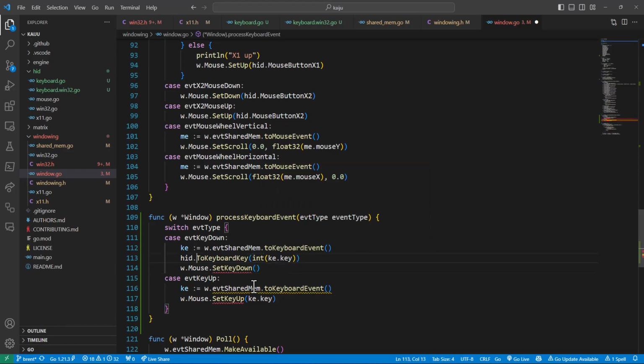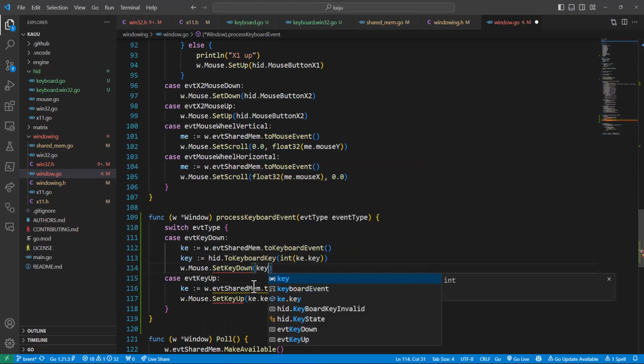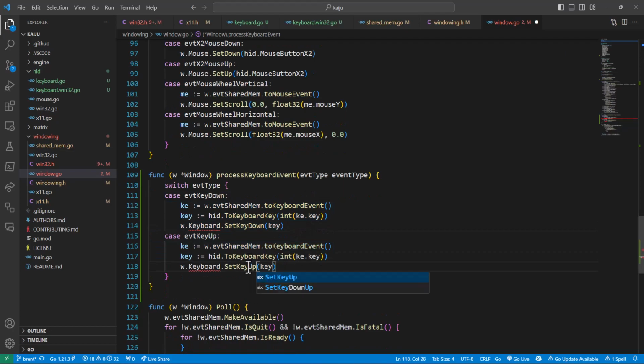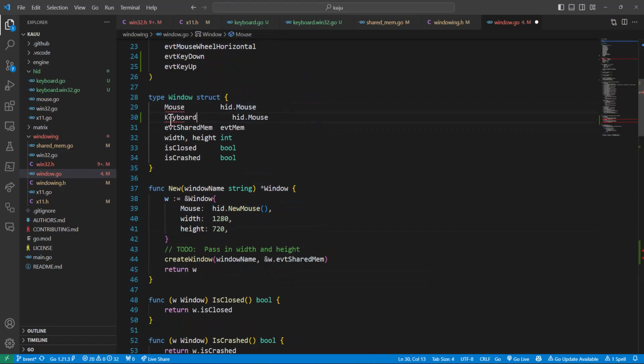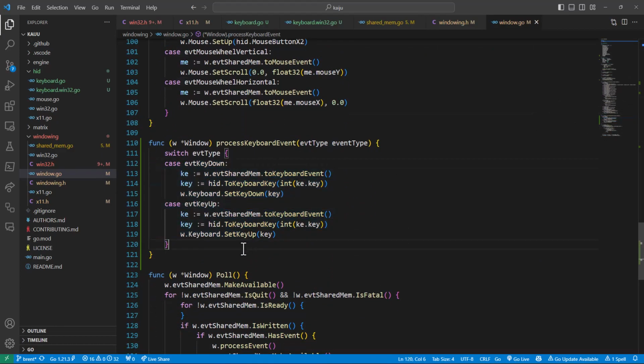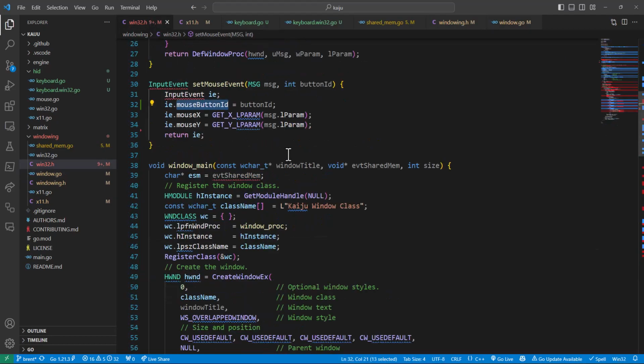Okay, and this is going to just turn into key. And then we're going to set down the key. And this is going to be keyboard. Just copy this, paste this, and key up. Now we're going to create a keyboard as part of the structure. Keyboard, keyboard. Okay. So lastly, we need to actually send the event, the key that's being pressed, from the C code,